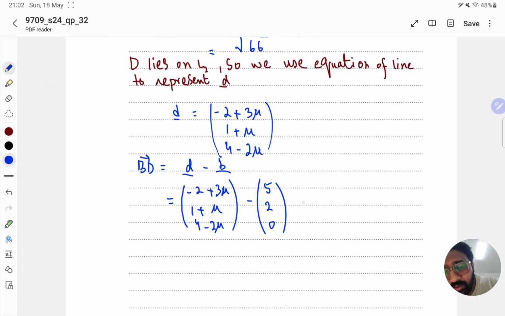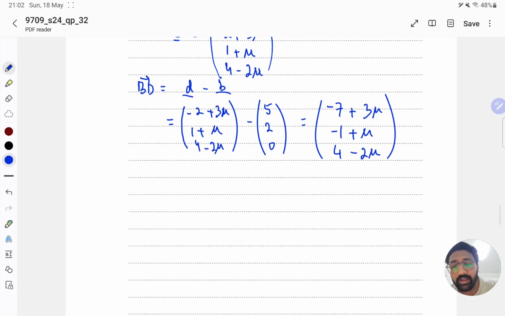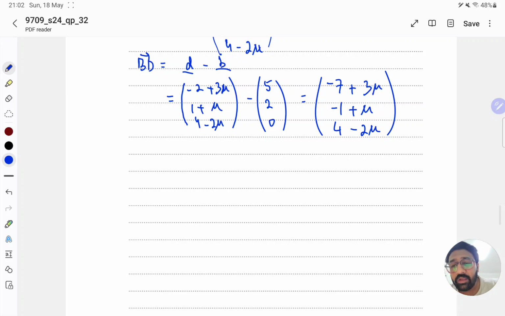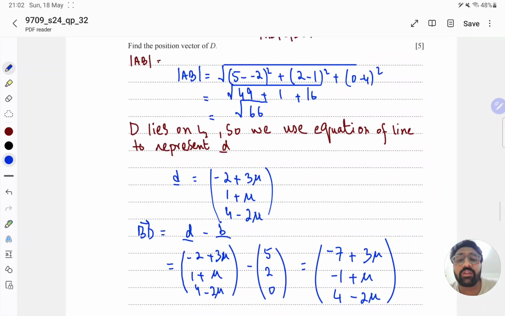So if you simplify, -2 minus 5 is -7 plus 3 mu, -1 plus mu, and the last will be 4 minus 2 mu. This is for BD. Now I have to find the magnitude, and I know that this magnitude will basically be